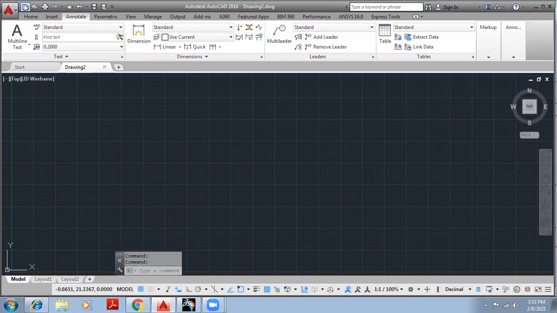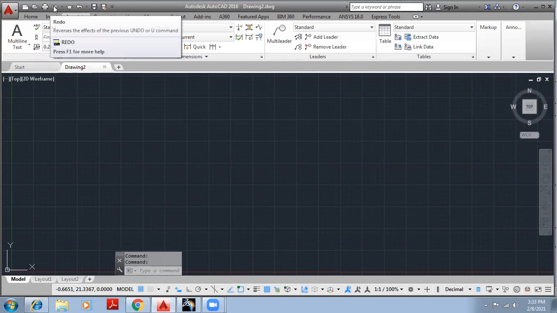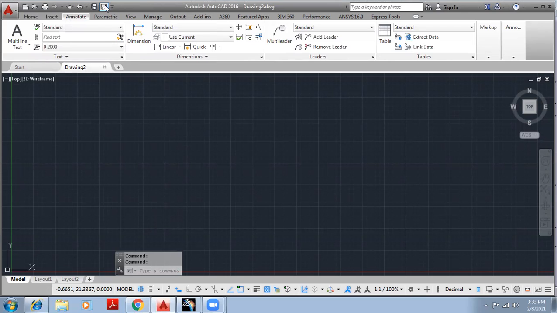On the right side of this A symbol, it consists of different tools which are frequently used. For example, new file, open file, print, redo, save as. Different options can be added to this shortcut menu, or we can say quick access toolbar. Whatever tools we are using frequently can be added to this particular quick access toolbar.